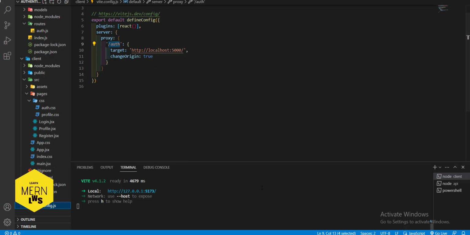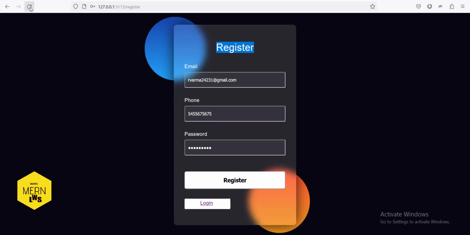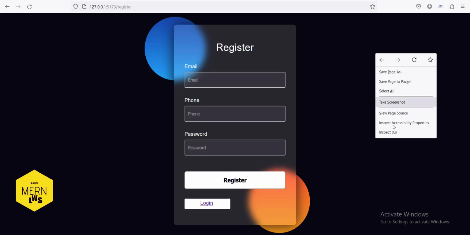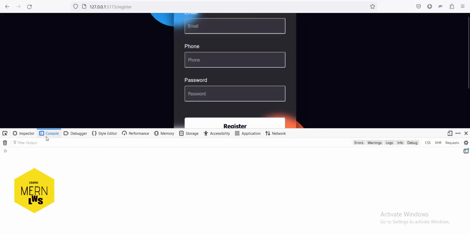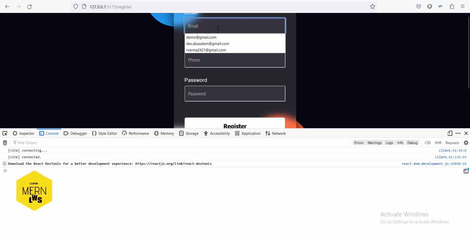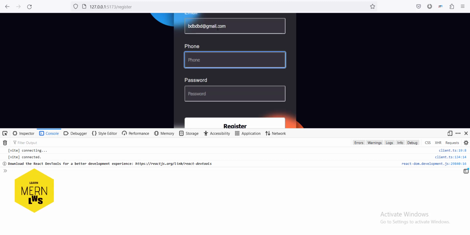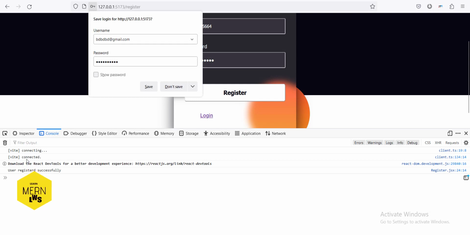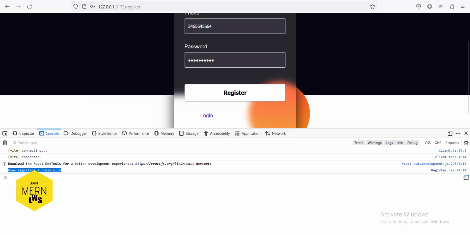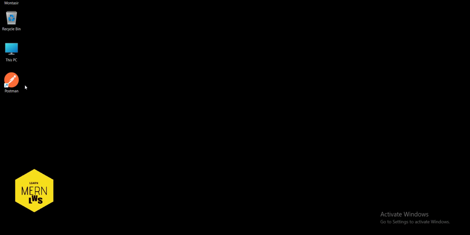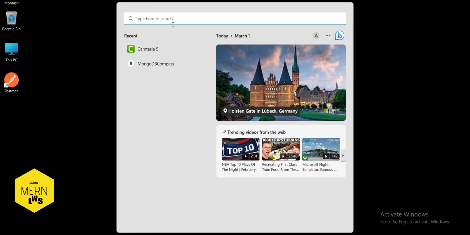Okay, so let's check whether our registration works or not. I think it will work perfectly because everything is okay. So bd@gmail.com, and phone number is blah blah blah, and this one. Okay, and when I click on register, you can see the message, the JSON response. Okay, it's perfectly registered. You registered successfully, and let's open our MongoDB because we have to